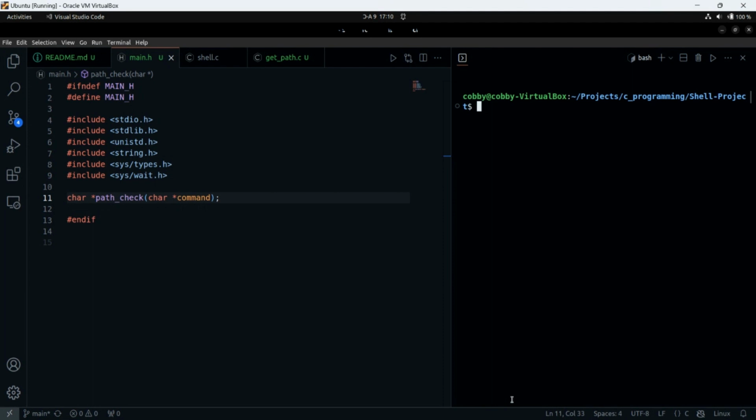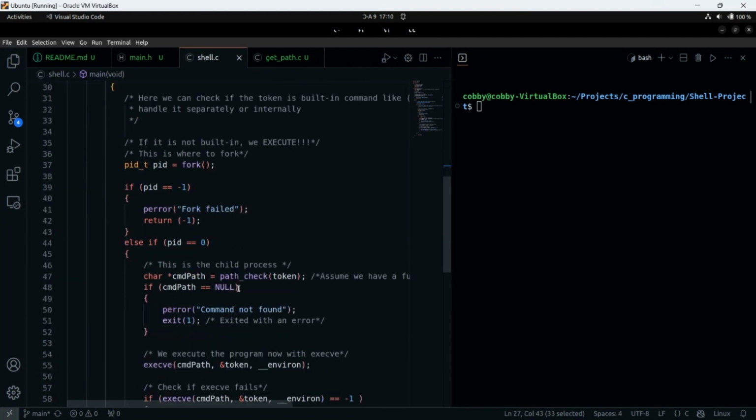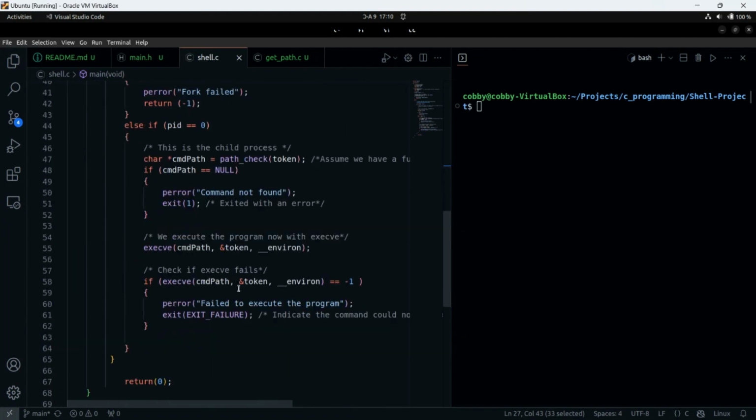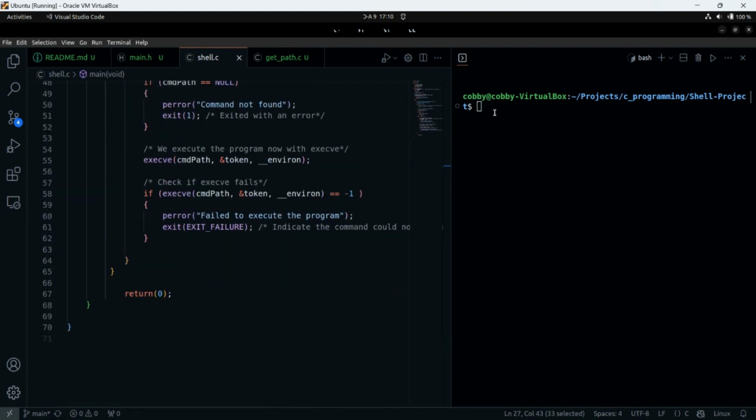Can we move on to implement or solve this bug? Any questions, any contributions? Are we doing something wrong, apart from the fact that our parent process has to wait for our child process? Is there anything else? Guys, let's brainstorm and come up with something. What are we doing wrong? What else do you think we are doing wrong?